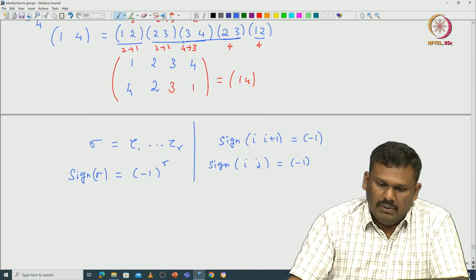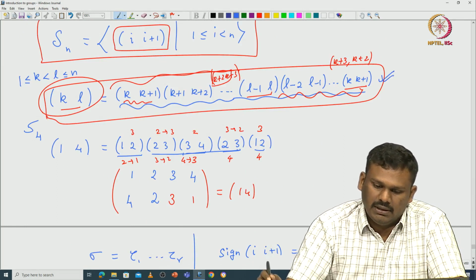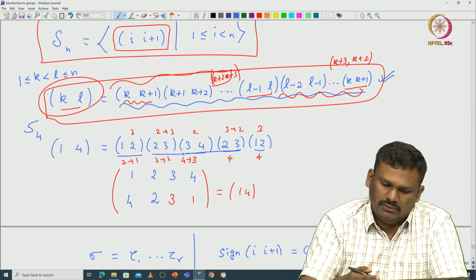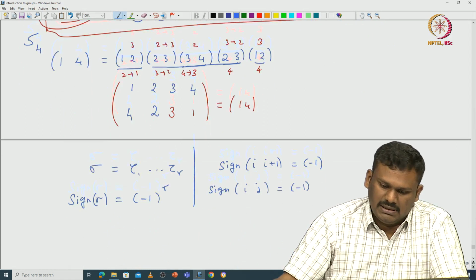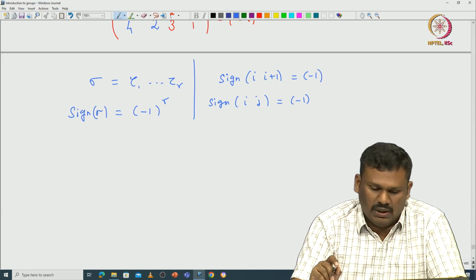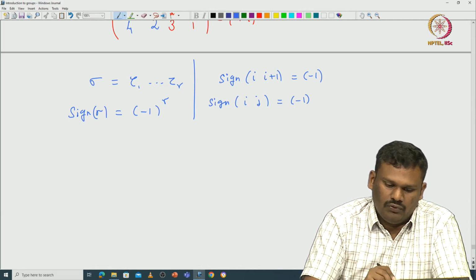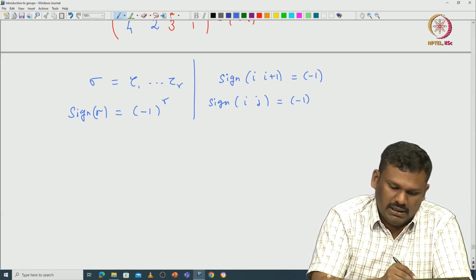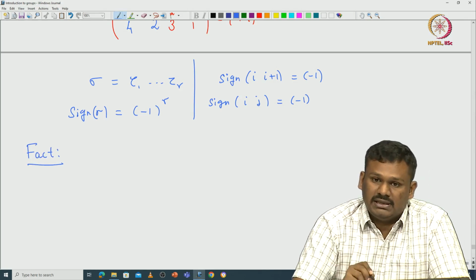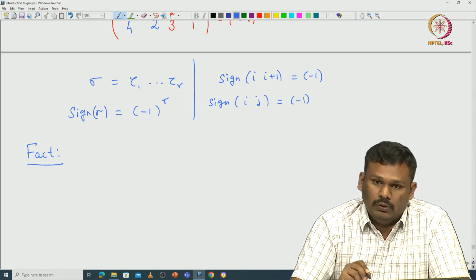Okay. But if you just work it out using this decomposition, you can see exactly the same result that you get, because the sign is a well defined group homomorphism from Sn to plus or minus 1. So, from that one can realize that, okay, for example, here is a result which is immediate once we know that the sign map is a well defined group homomorphism from the symmetric group to plus or minus 1.